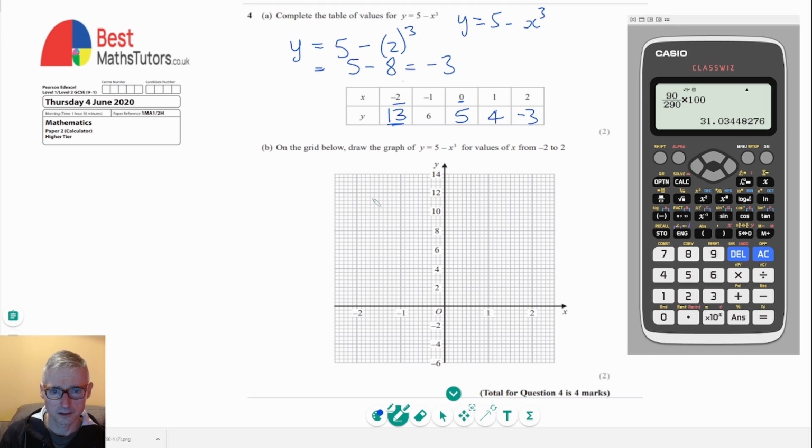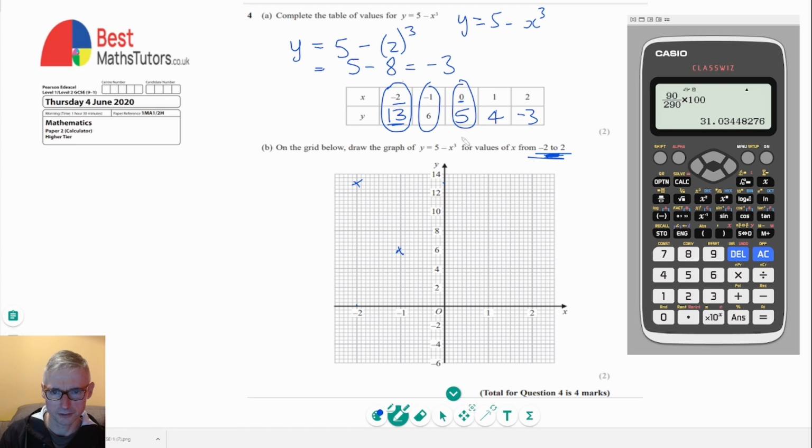And then the next thing I've got to do is actually plot these values on this grid. So as it says, from x equals minus 2 to plus 2. So if I go for the first one, these are just a series of coordinates. So that's telling me that x is minus 2, negative 2, when y is 13. So that would give me a coordinate there. That's negative 2, 13. Then if we look at the next one, that's negative 1 and 6. So that's going to go there. The next one,